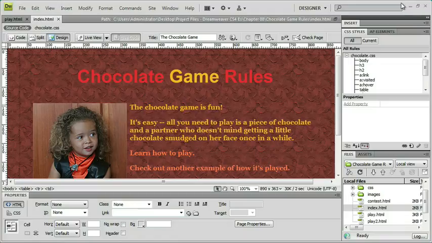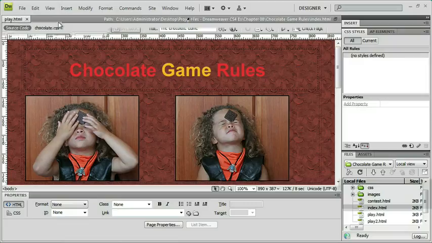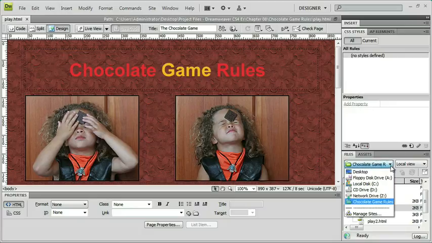So let's close down this browser. Let's come back to Dreamweaver, and I have open here in the program my Chocolate Rules site. And I was just previewing that page, so I can close that now. If you want to follow along with the lesson files, like I said, the Chocolate Game Rules site is in your Chapter 8 folder in your project files. Just make sure you select that and do the site setup process